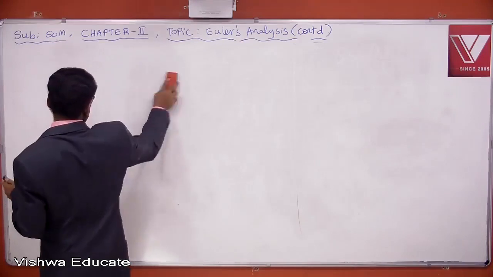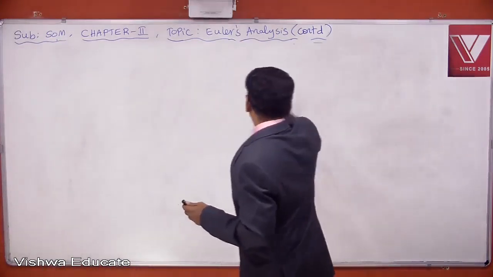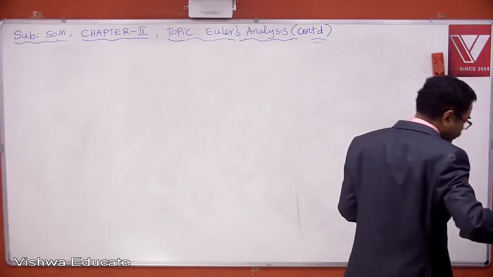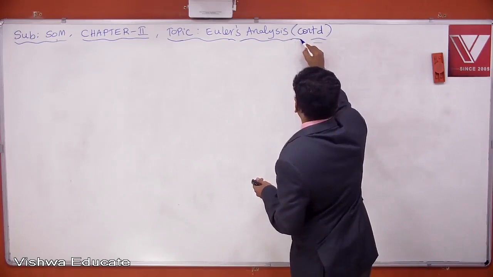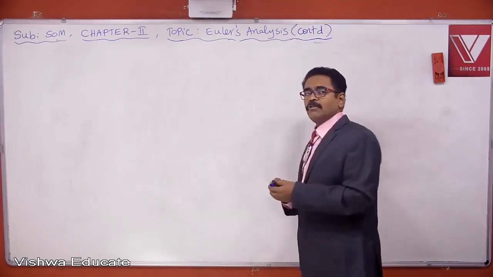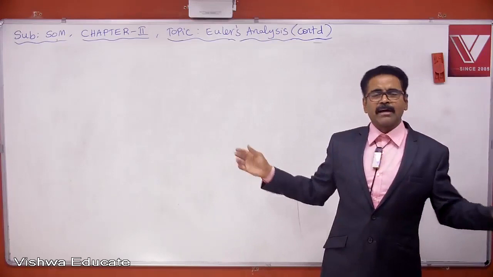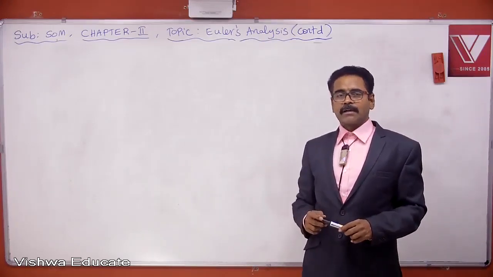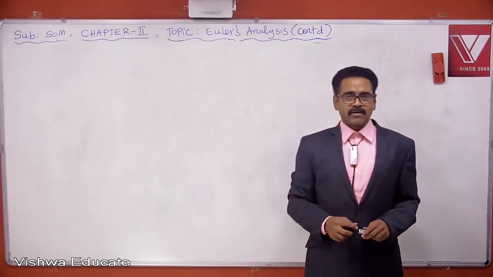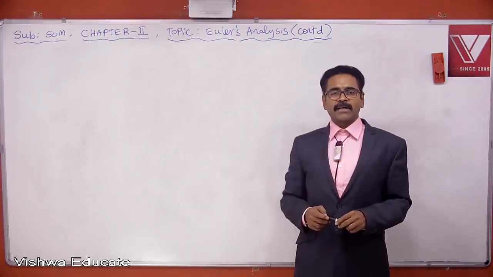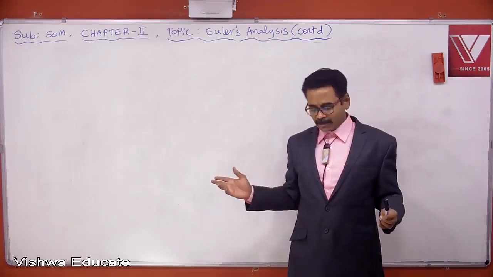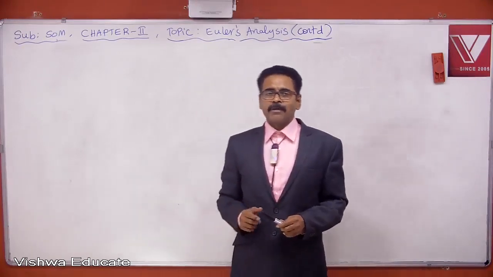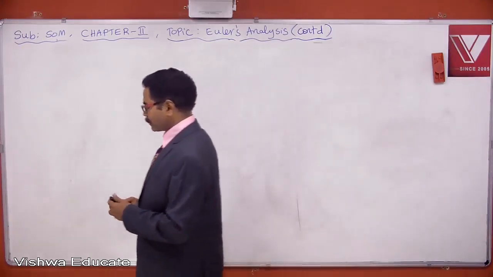So we derived Euler's critical load when the column is pin jointed on both ends. Let us deal with the remaining end conditions also. I am not going to derive every formula, I am just giving the formula directly. If you want to learn the derivation for every end condition, you can refer to any standard textbook, including the reference books which I have given at the beginning of SOM. So, second case,